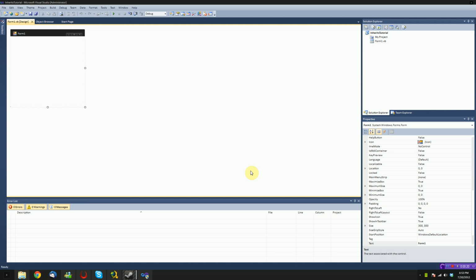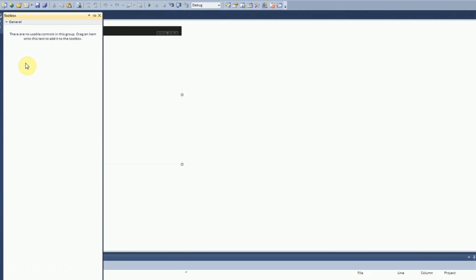Alright, so this tutorial is going to be about how to create your own versions of already existing controls in Visual Basic .NET 2008 and 2010. For this video, I'm going to be using Microsoft Visual Studio, and I'm using the .NET Framework 2.0 in this tutorial project. So, what we're going to be doing here is, say that we have this form, and what we